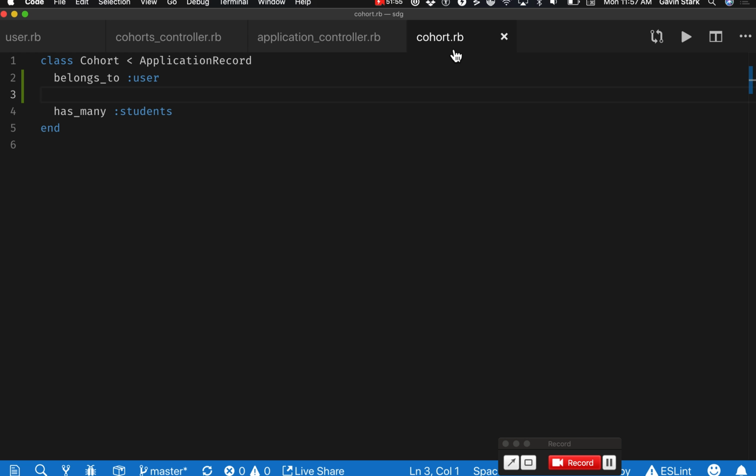I had to do some retroactive work because when I generated cohorts, I didn't know about users, right? I didn't create my user model at the same time that I created my cohorts and my students. You all are lucky because you've thought ahead. So now, hopefully,